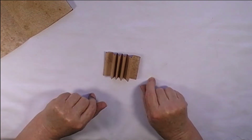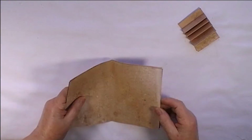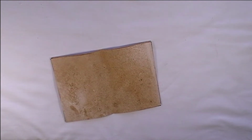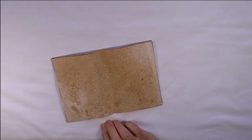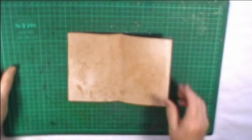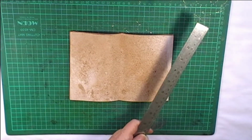Okay, now taking the papers and a filthy old cutting mat, which I seem to have misplaced. There we go. Get a knife and a ruler